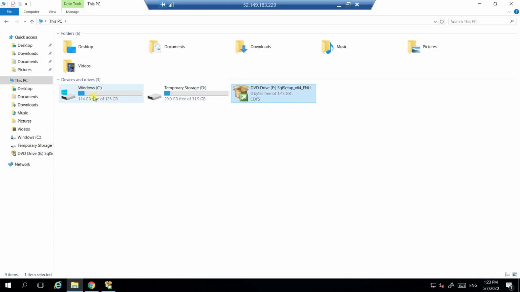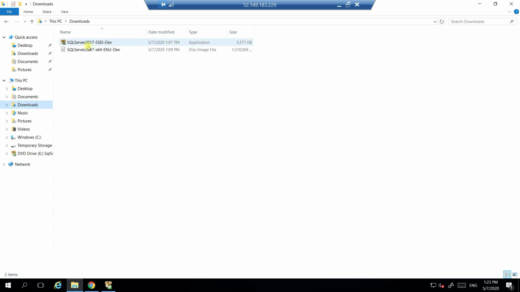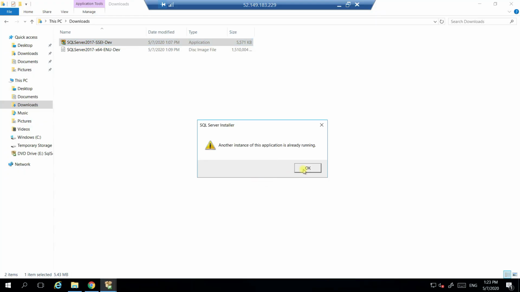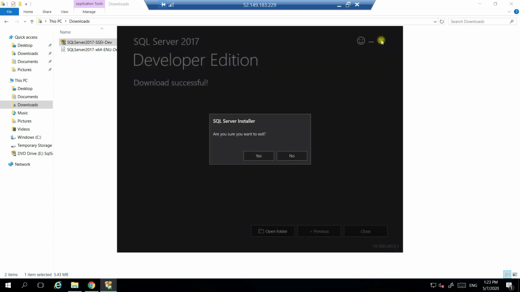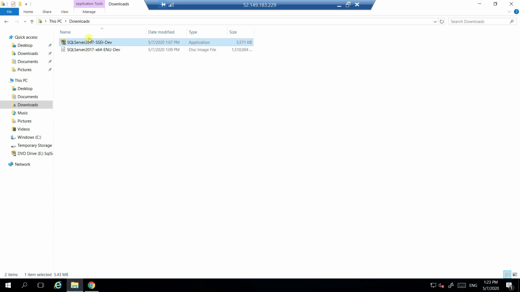Let me go to my downloads folder. It will give one application, which is what they are referring to. If you click on download, you get this file, and if you double click on it, you get three options here. Let me close this. I have just downloaded it. Let me show you again, because the download takes some time since it's a 1.5 GB file. That's why I thought of skipping the download part.